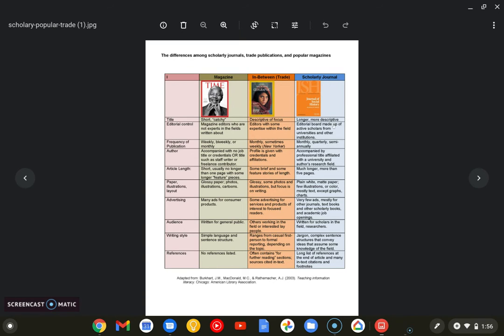You see the editors here, active scholars from universities and other institutions. And a lot of times the scholarly journals are going to be boring. They're going to be white and black pages, no colors on them. They'll also have references. References are there to show that you've done the work, that you've read the literature, that you've read the research that other scholars are doing, and that you're able to understand it and to synthesize